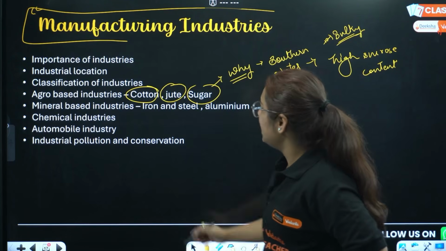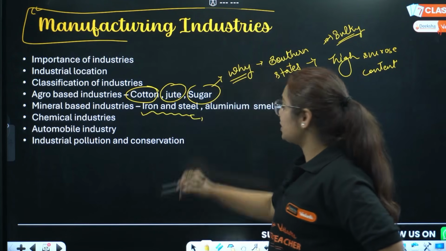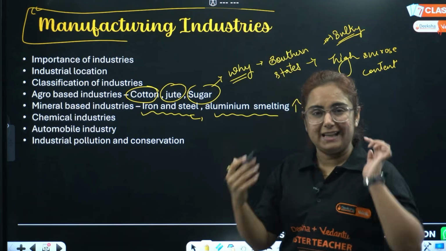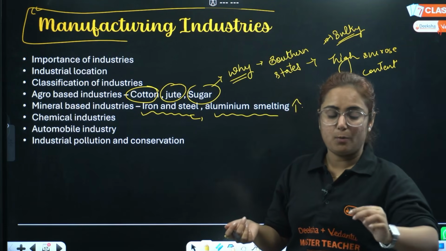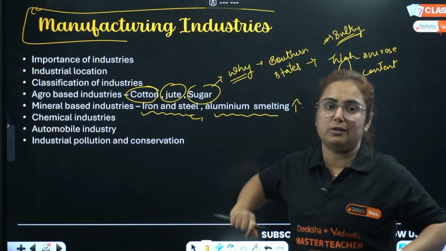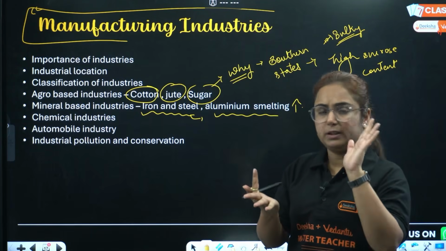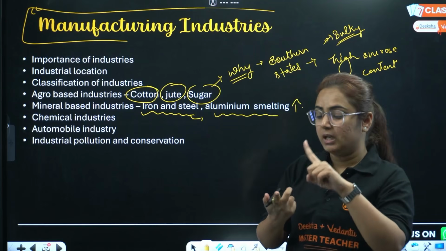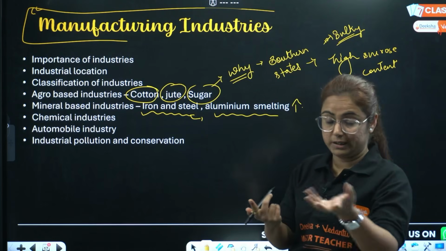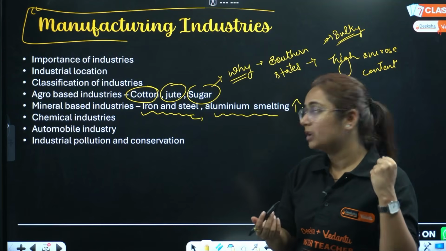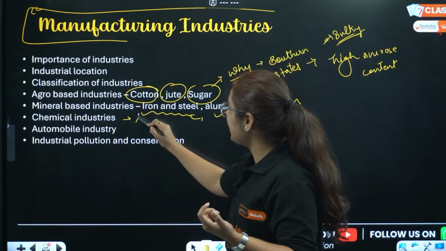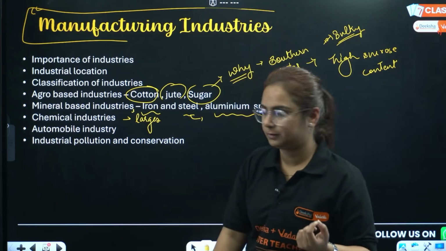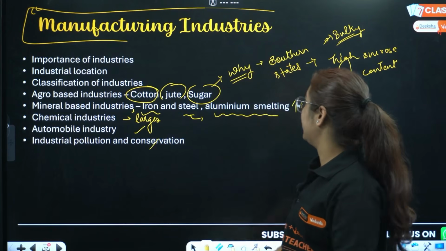Mineral based industry: iron and steel industry. Why is it a key industry? Write it. Aluminium smelting is important. Why is the aluminium trend going on? Write the points on why aluminium is important as a mineral. It is a good alternative to iron, as it does not get corroded. It is light, has heat conductivity and malleability, and it is ductile. Chemical industry is the largest producer as well as consumer of its own products. MCQ for sure. Automobile.